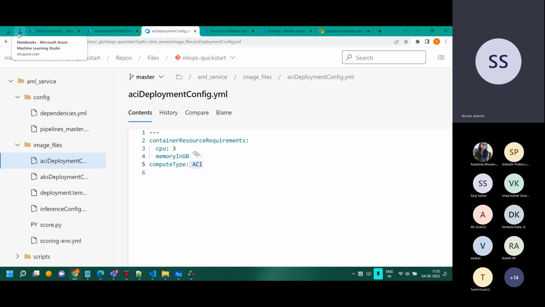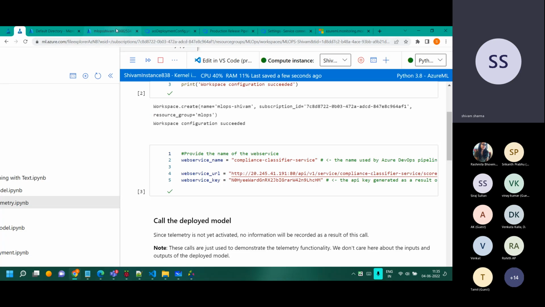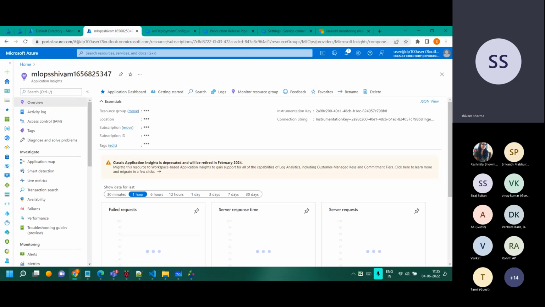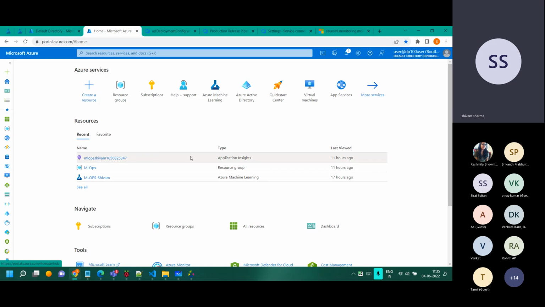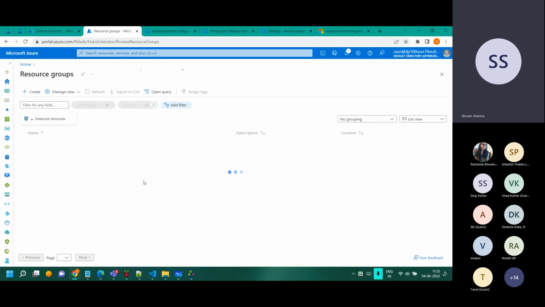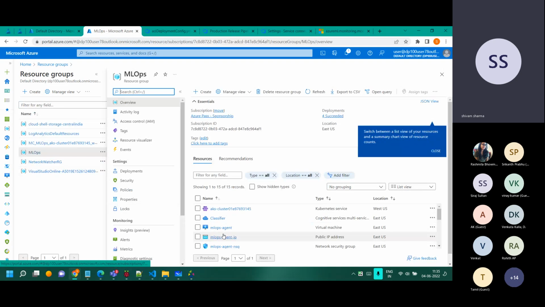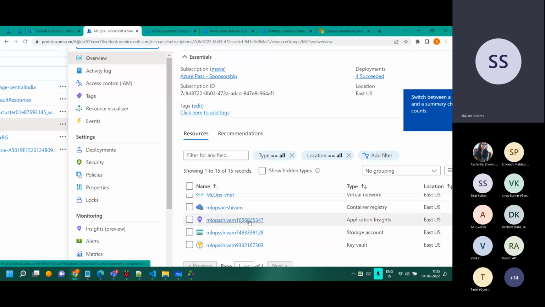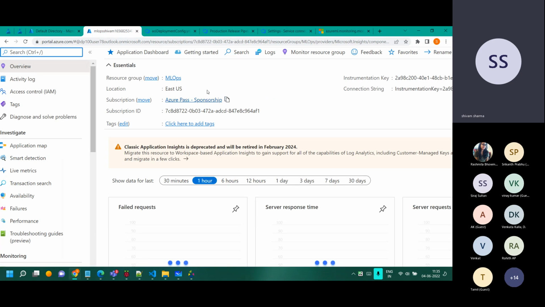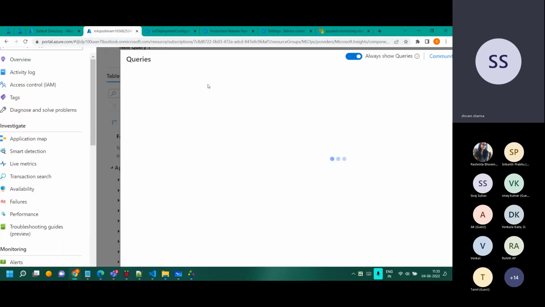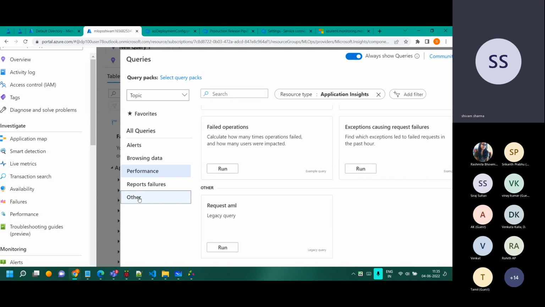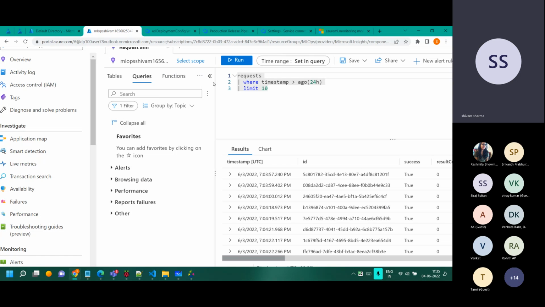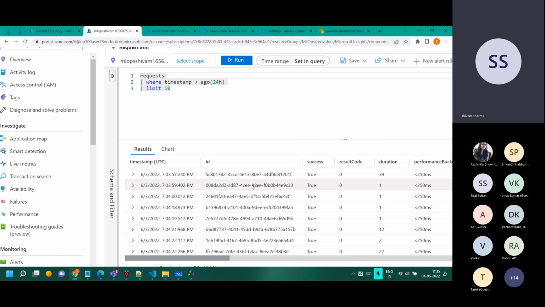data will start getting logged. So you can go to your Azure Machine Learning, to your resource group. I have configured one Application Insights over there as the receiver. This is the MLOps Application Insights. It's a monitoring service, basically application monitoring. I'll click on logs, and there I have kept one query for you in the other section, the request ML query. If I click on run, it runs on 24 hours of data. These are some API calls which I have done previously. Everything is getting logged over there.